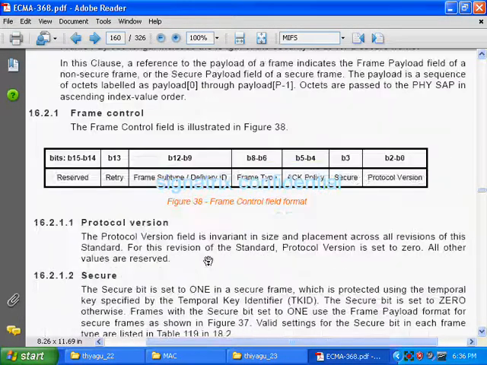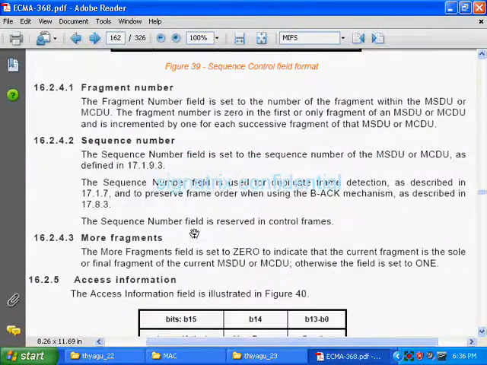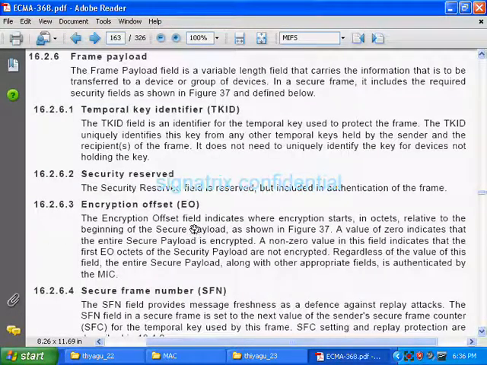If you read this, you will get the encryption offset definition. The encryption offset field indicates where the encryption starts in the secure payload. It is given in terms of octets, relative to the beginning of the secure payload. A value of 0 indicates the entire secure payload is encrypted.